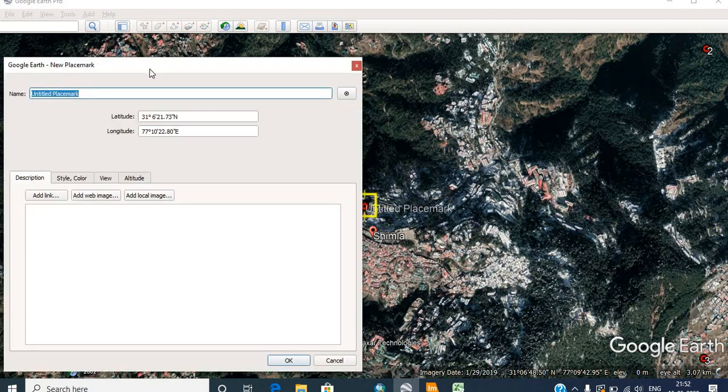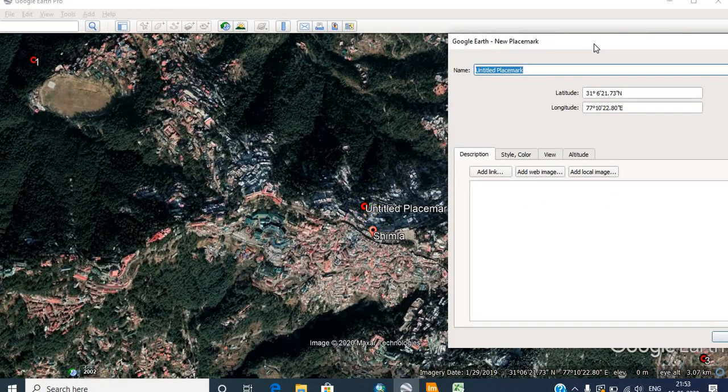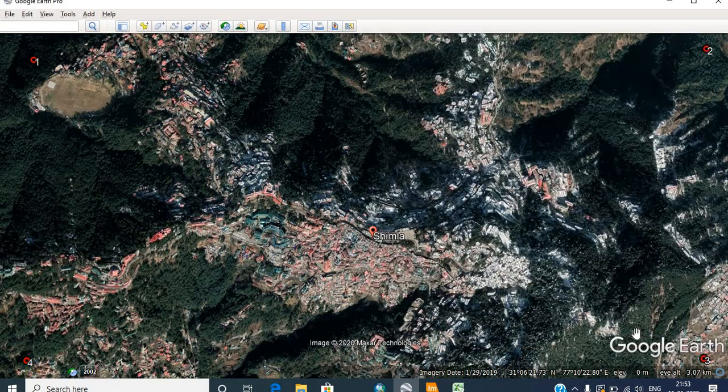Then the fourth one, this would be the fourth point, and click OK.